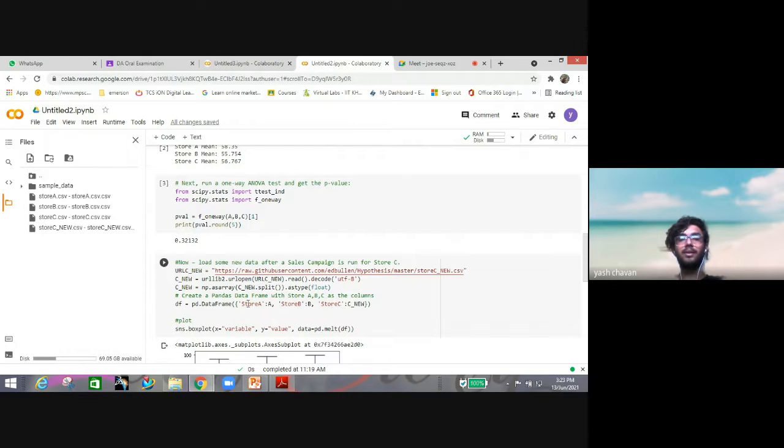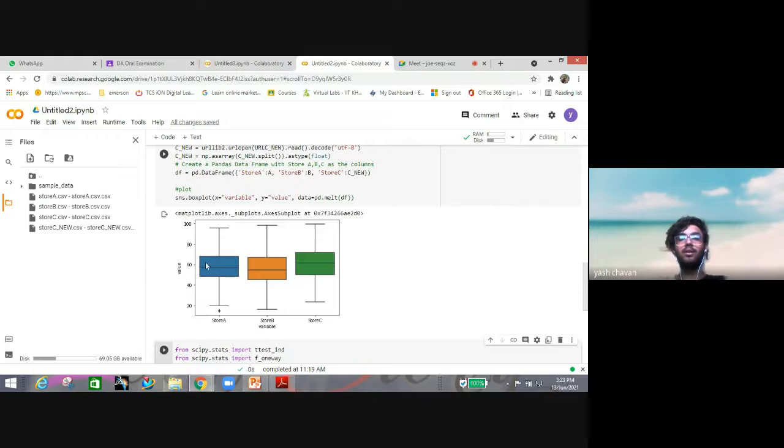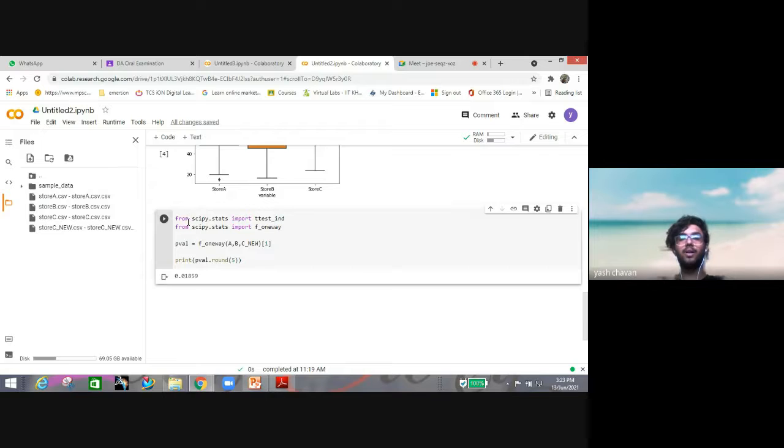Now we have created a data frame, pd.DataFrame, of store A, store B, store C as the columns. Now we have plotted a graph of variable and value, with value on the y-axis and variable on the x-axis. As we defined earlier, from scipy we are going to import ttest_ind, which calculates the test for the means of two independent samples of scores, and from scipy.stats we import f_oneway.